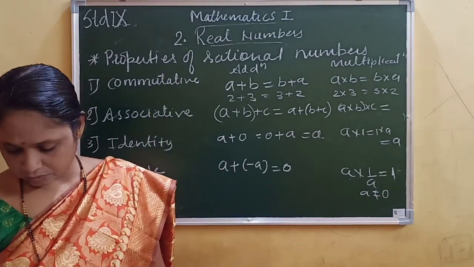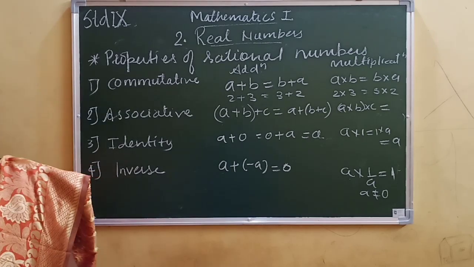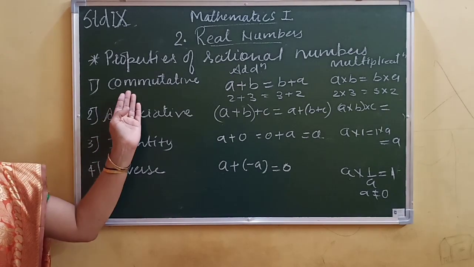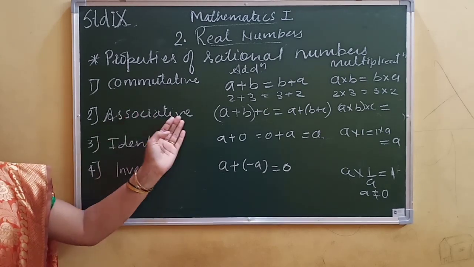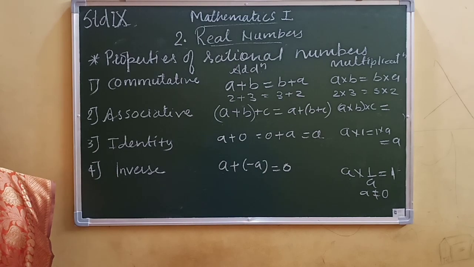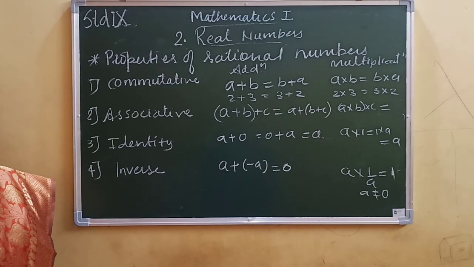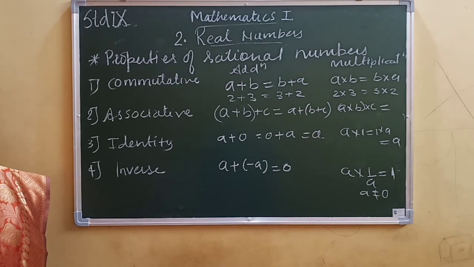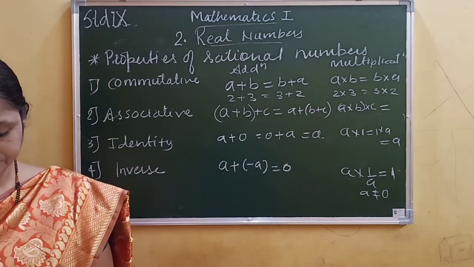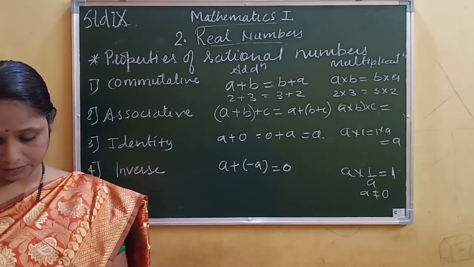Now these are the properties of rational numbers: commutative property, associative property, identity and inverse. Now these properties you have to use while doing operations on rational numbers. Now next, which we have to study, that is